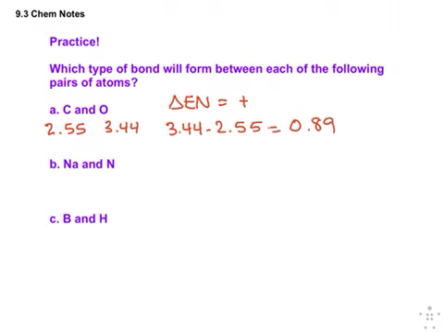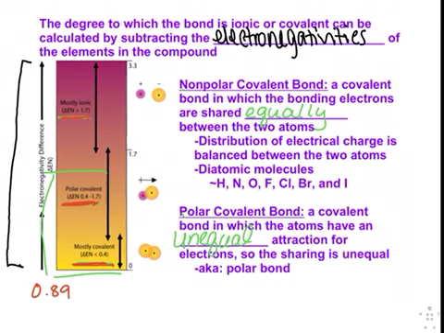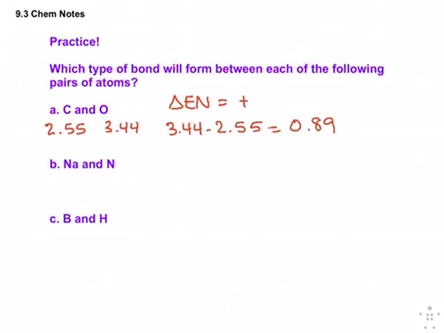Okay? So then, looking back on this chart here, 0.89 falls in which of these ranges? The polar covalent. Very good. So when carbon and oxygen bond, it will create a polar bond. And I only need polar. You don't need to write polar covalent. So then looking at